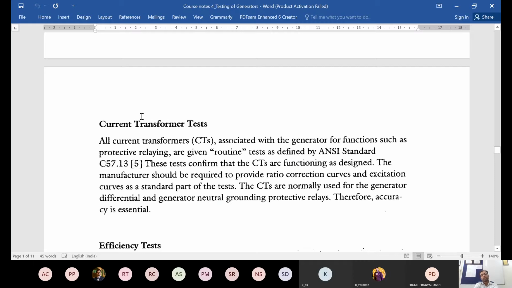For others also, transformers are the devices which are used for stepping up or stepping down voltage levels. That is the primary function. But there are devices known as instrument transformers, and there are two types: the current transformer and the potential transformer, CT and PT. These are used basically for measurement purposes. If you have a very high value of current or voltage in your circuit and you want to measure it, it is always advisable to scale it down to a small range where you can easily and safely measure it.